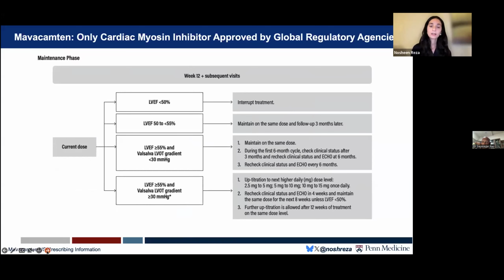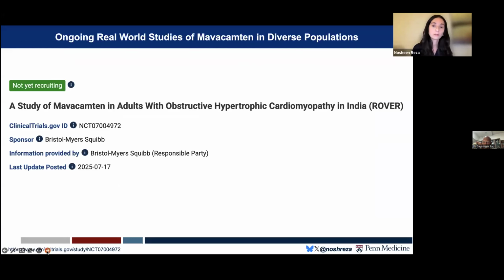So of course, this is a first-in-class drug, a lot to learn in the real world about its application, and these dosing paradigms are still under investigation as more and more patients in the real world get exposed to the drug. And in India, just recently, the drug maker, Bristol Myers Squibb, has launched an ongoing real-world study of mavacamten in diverse populations. Other countries in Asia have similar real-world studies, and the ROVER study is particularly to India and is slated to